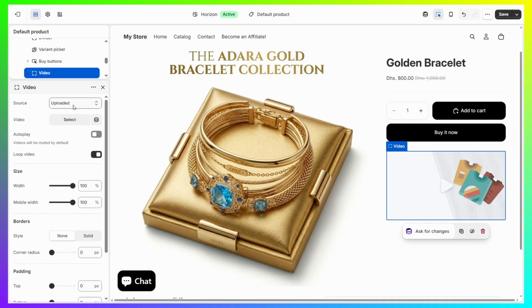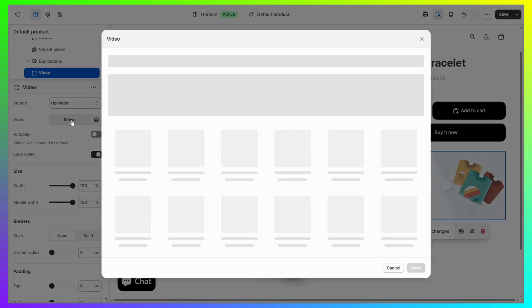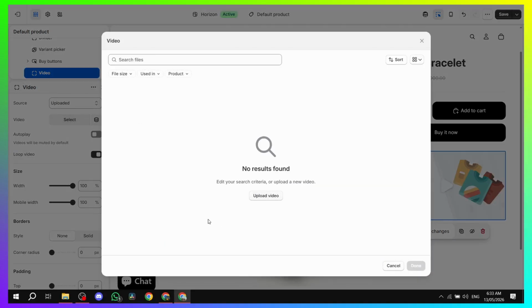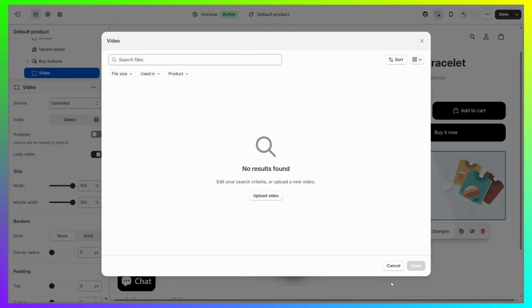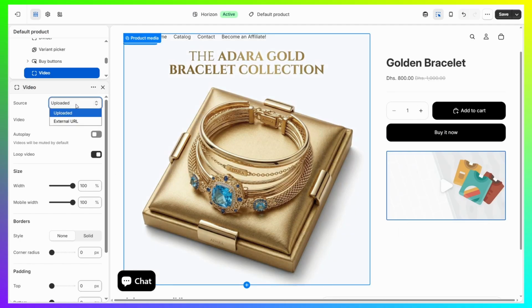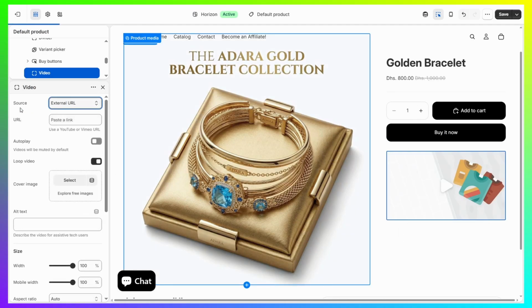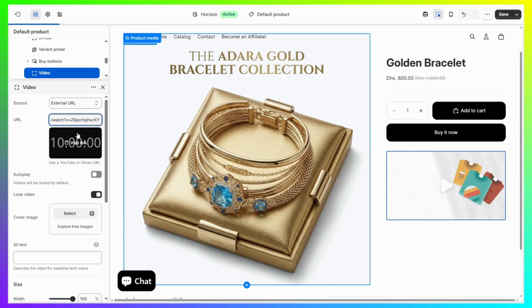So first, the source, whether you want it to be uploaded to Shopify. If that's the case, you can just go ahead and click on select, upload a video from your device and just use that. Or you can even use an external URL instead. So you can just go in and get a YouTube video or any other video and just paste the link in here. So once you get the link, you can simply just paste it in here and you can set